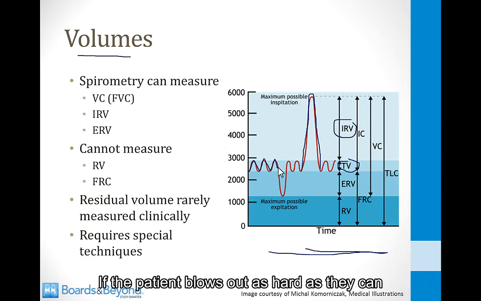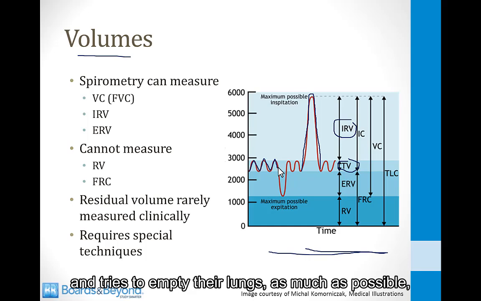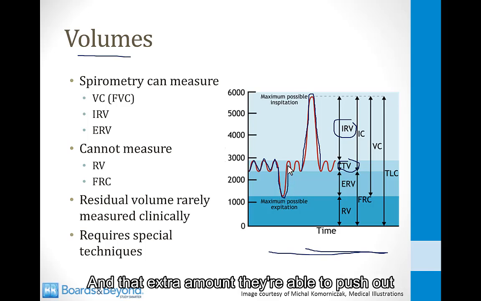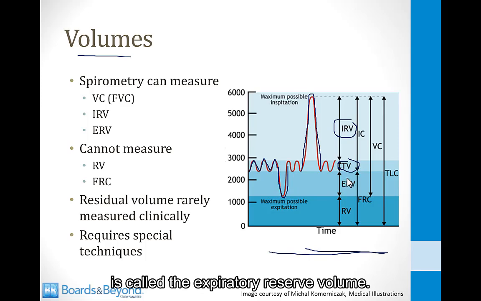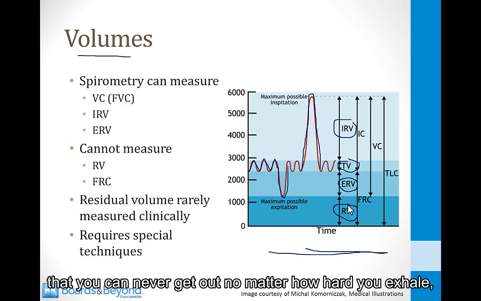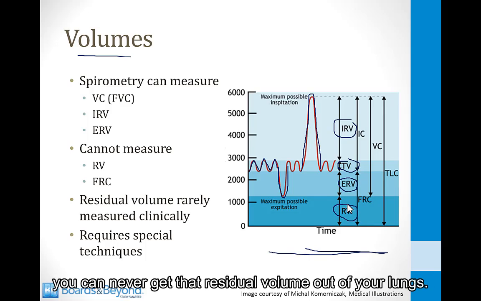If the patient blows out as hard as they can and tries to empty their lungs as much as possible, the volume will go way down here, down to almost 1 liter. And that extra amount they're able to push out is called the expiratory reserve volume. Now you'll notice that there's this little bit of air down at the bottom called the residual volume that you can never get out. No matter how hard you exhale, you can never get that residual volume out of your